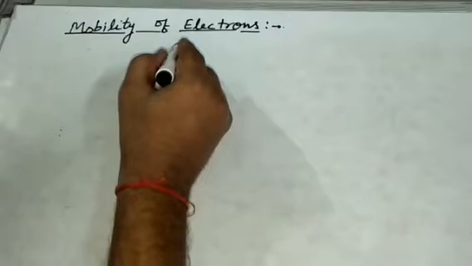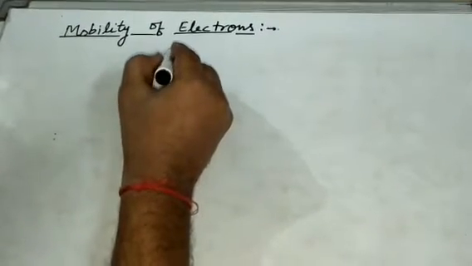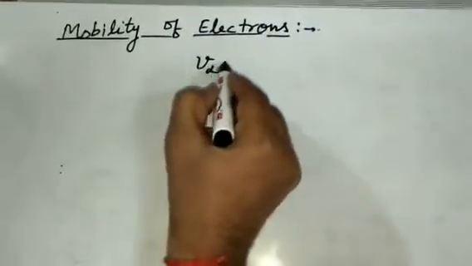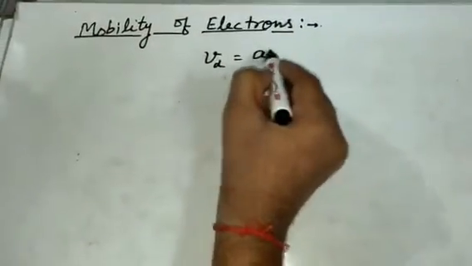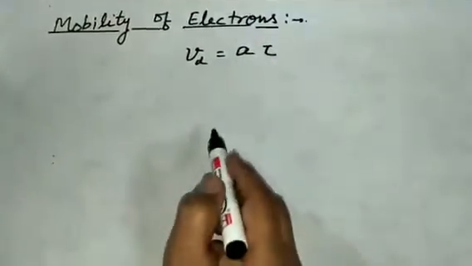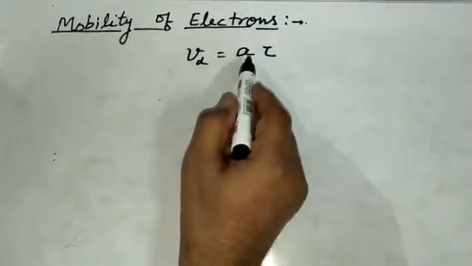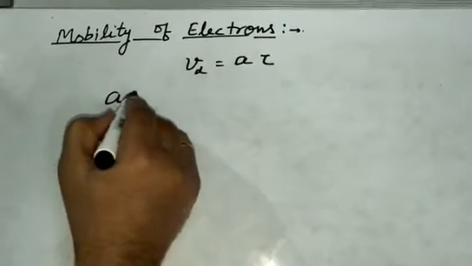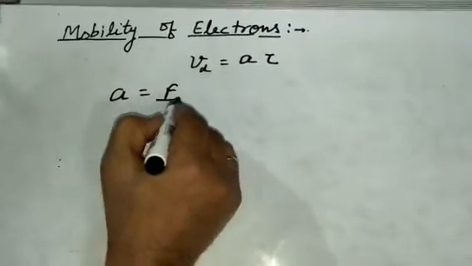In the previous video, I already gave you the expression for the drift velocity, and that expression is Vd equal to A tau. Vd is drift velocity, A is acceleration, and tau is the relaxation time. As we know, acceleration A is equal to F by m,